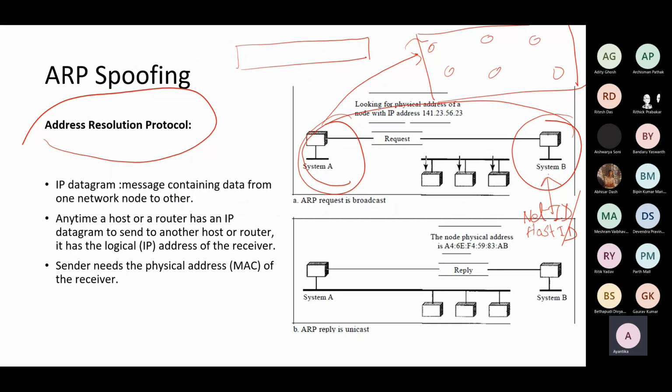Now it comes to the ARP spoofing part. In ARP spoofing, it is mostly a network protocol related vulnerability. That is a limitation of how this known Address Resolution Protocol works. It is a very standard technique, but it is a security limitation of this protocol, where there is no check when a source is sending a request through this ARP packet,